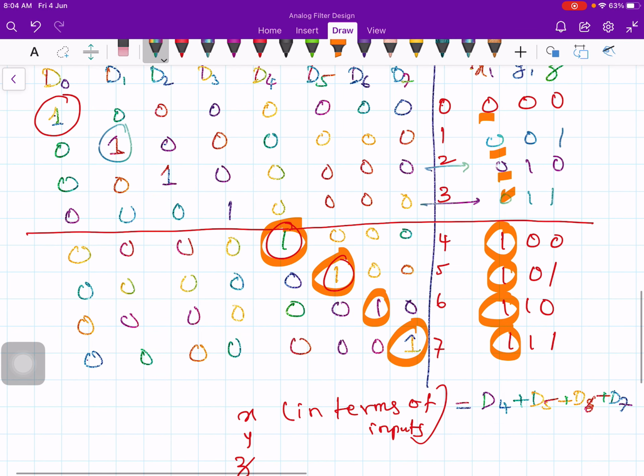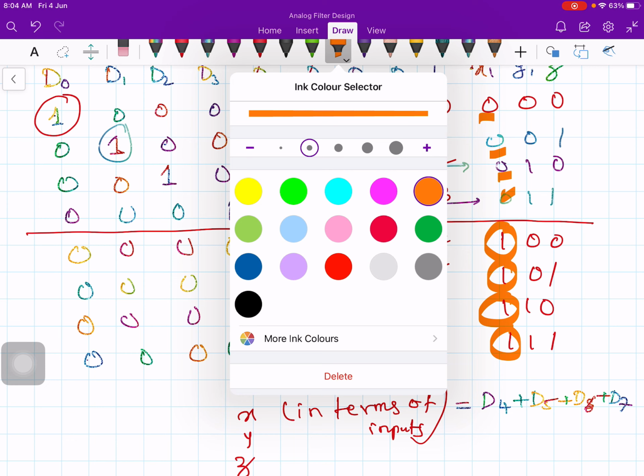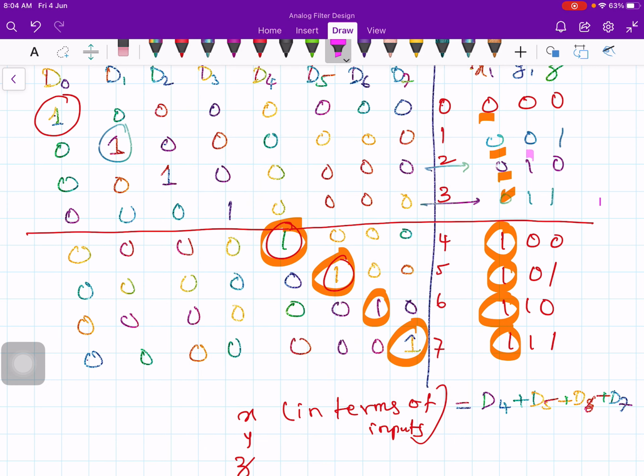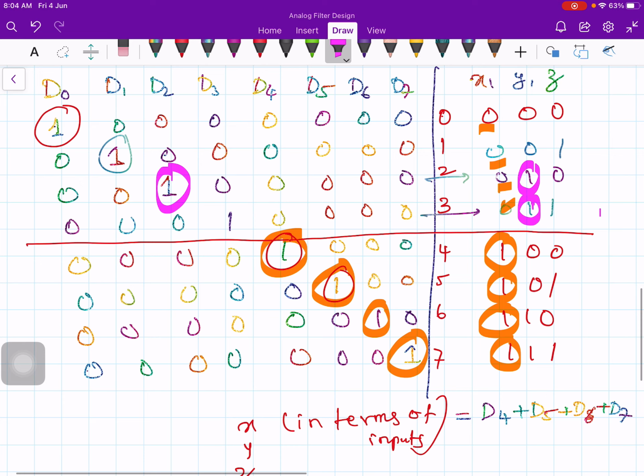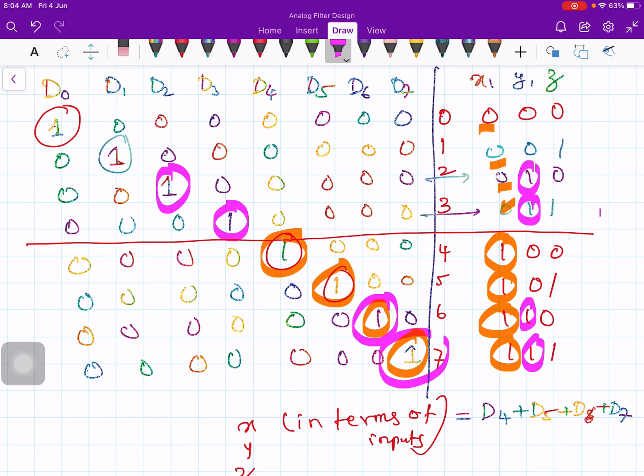If you look at the Y combination, okay, Y will be 1 when you press D2. Okay, and Y will be 1 when you press D3, right? And again here Y will be 1 when you press D6, and again this is 1 when you press D7.